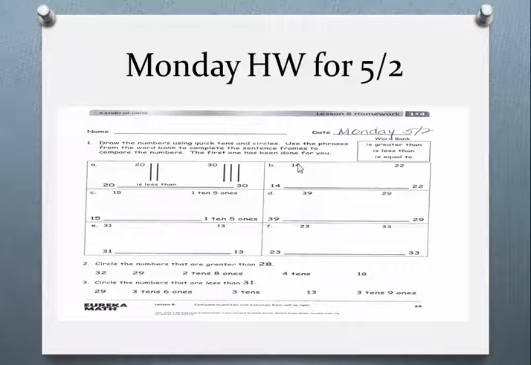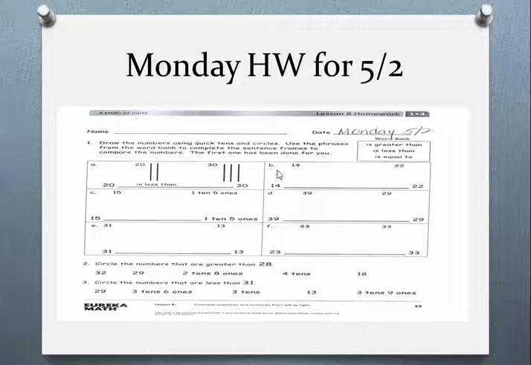Now let's do B. 14 means you have 4 ones. For the ones, you are supposed to put the circles, so please draw 4 circles. For the quick 10, you will draw one of these bars. Since we have one quick 10, you will draw one bar. Now for 22, there are 2 quick 10s, so you will draw 2 bars plus 2 circles for the 2